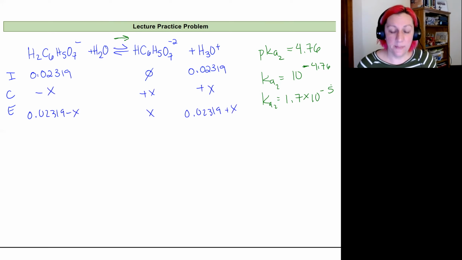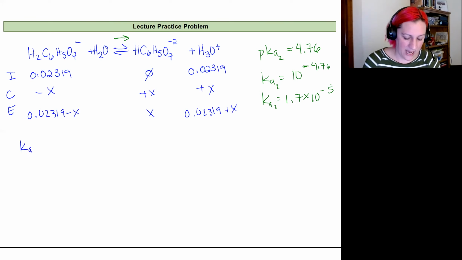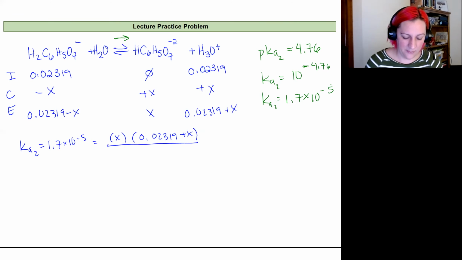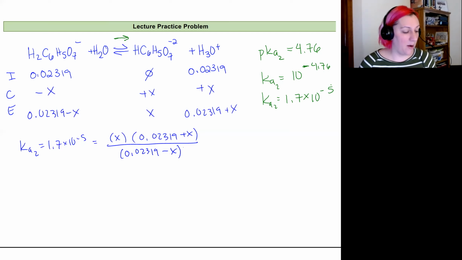All right, I'll set up my K expression now. So Ka2 is equal to 1.7 times 10 to the -5th, which will be equal to X times (0.02319 plus X) divided by (0.02319 minus X). All right, so now, for the sake of this not being a 2-hour video, I'm going to do some